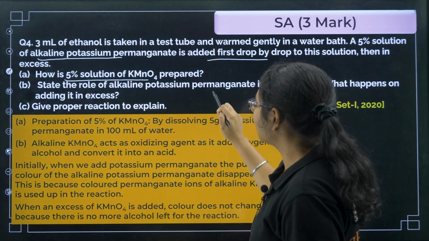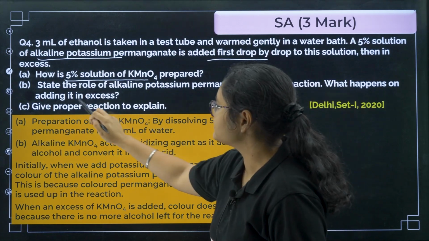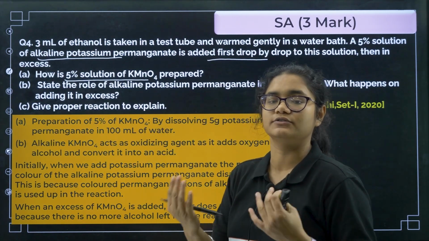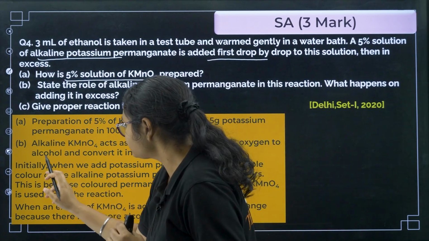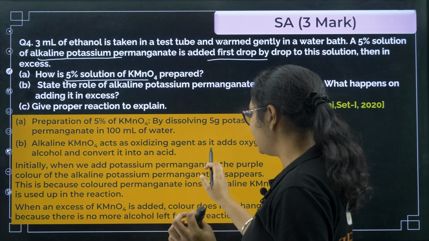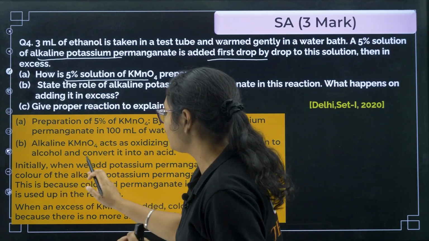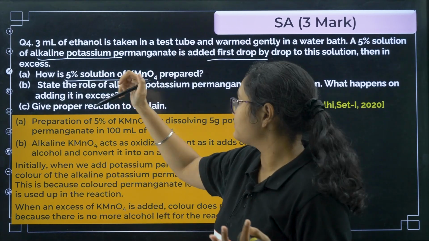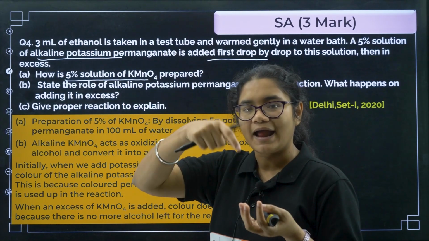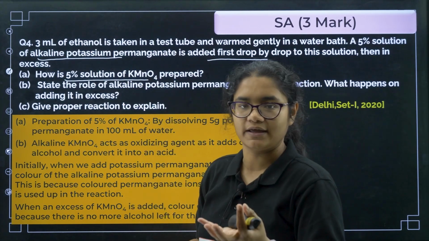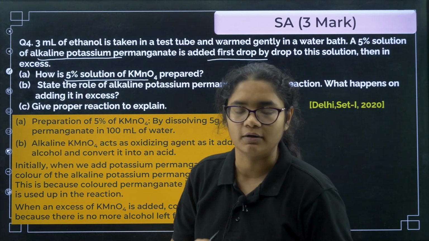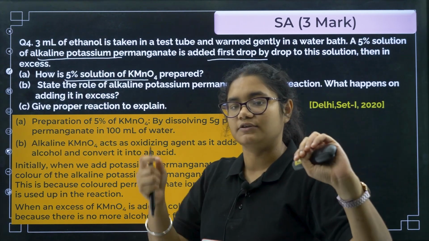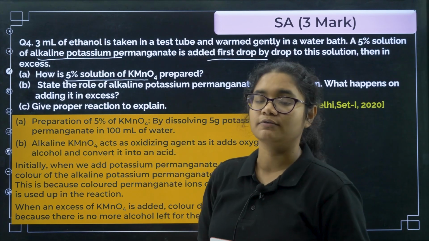Next, state the role of alkaline KMnO4 in this reaction. What happens if it is added in excess? So it is an oxidizing agent, right? It oxidizes alcohols to ethanoic acid. Alkaline KMnO4 acts as an oxidizing agent as it adds oxygen to alcohol and converts it into an acid. So till the alcohol is there, if you add this KMnO4, which is purple in color, the color will vanish because it is reacting with alcohol. But once all the alcohol is finished, if you add an excess amount of KMnO4, the solution will become deep pink